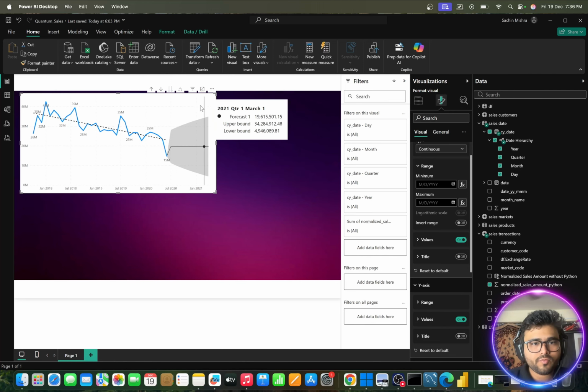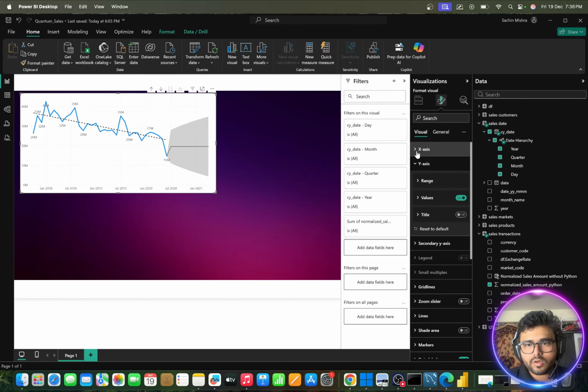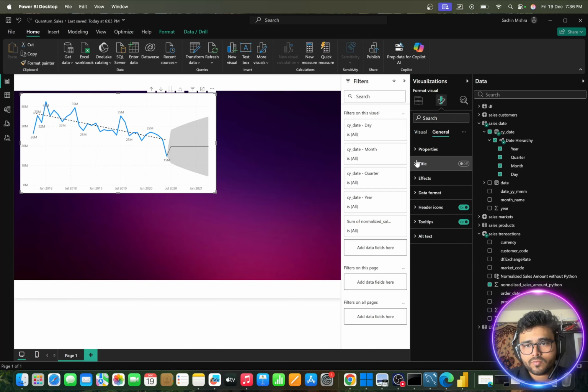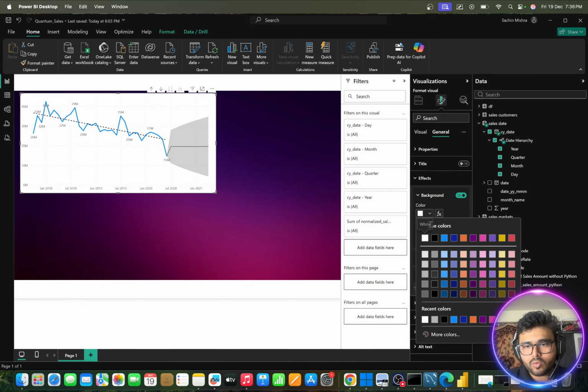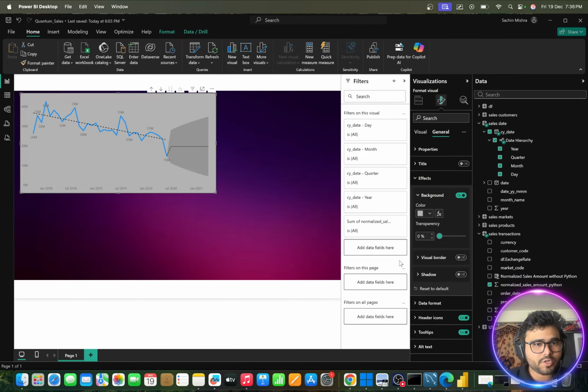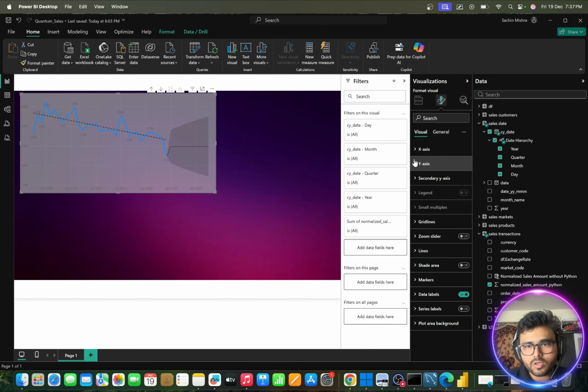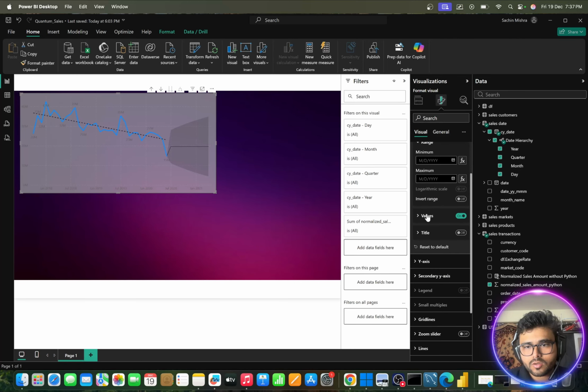Okay, cool. Now let's remove the background of this image also. So I will go to general, effects, background, let's say white 30% darker, and let's increase the transparency. So you see as I'm increasing the transparency, it is going blur. Now let me also change these colors first of all. So I will once again go here, x-axis, values,